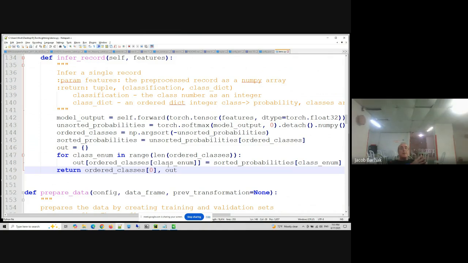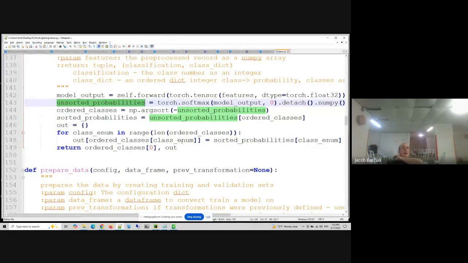It will tell you, for example, first of all, it will calculate the output during the forward that we already defined. Then it will look at the probabilities of you being risky, normal, or adventurous, in our case, our classes. What it will do is run a softmax function that will tell you what the probabilities are, sort the classes and the probabilities, and then assign names.